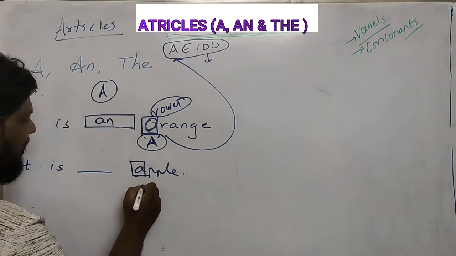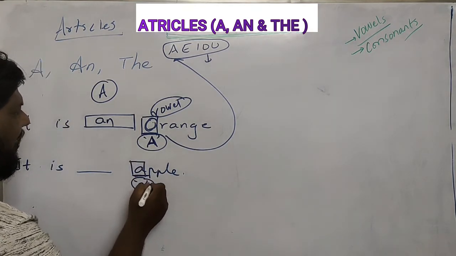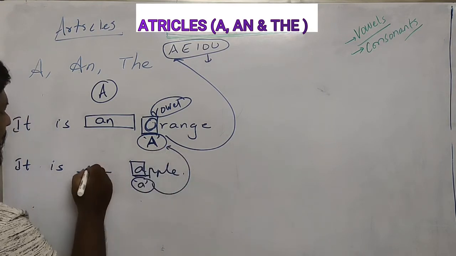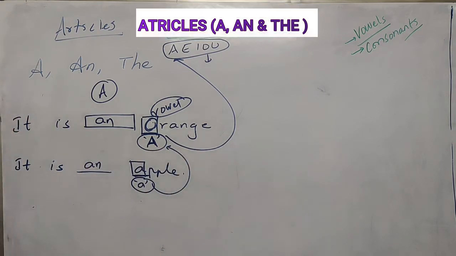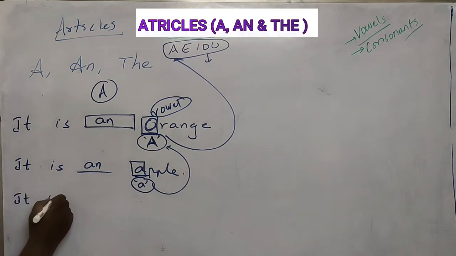Apple. That is an A sound. So A is again a vowel. That's why you write here "an". Okay, and then it is dash